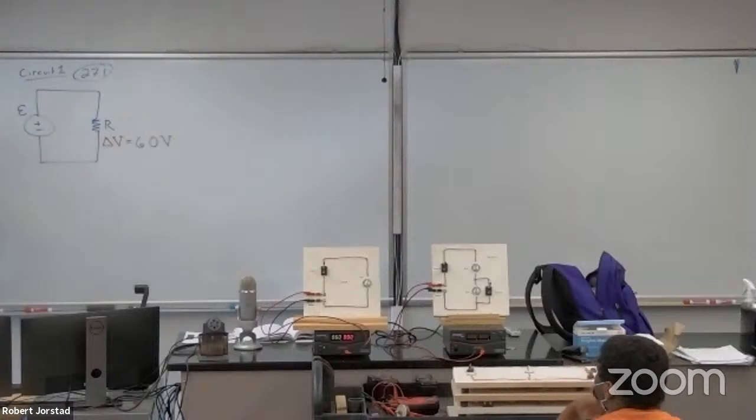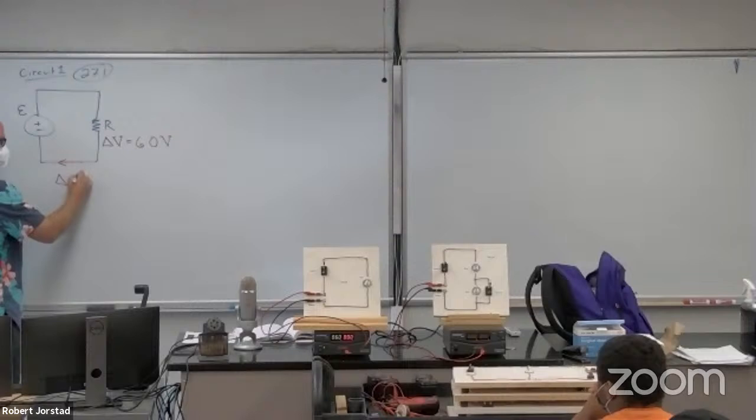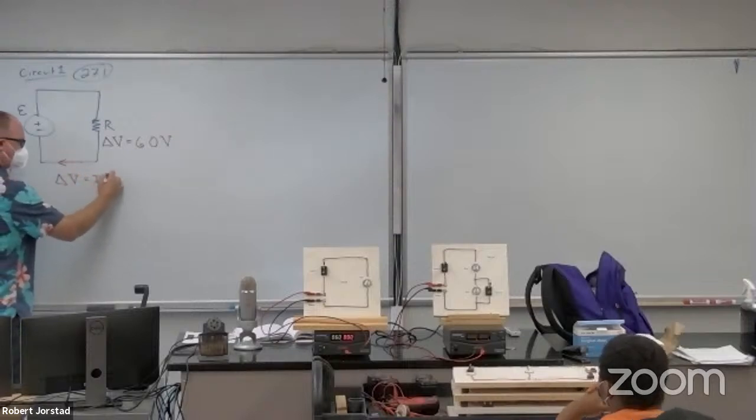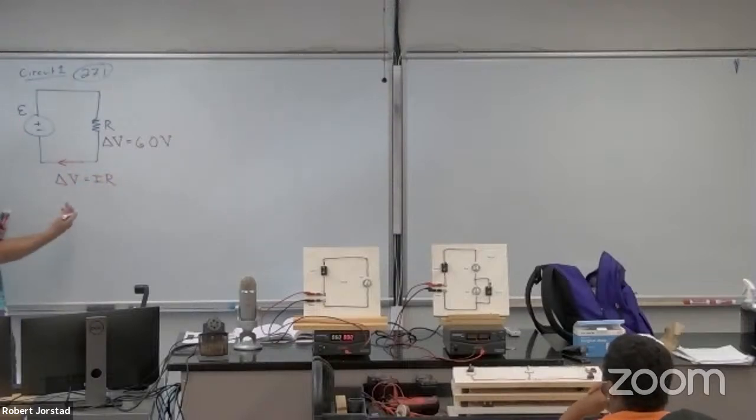Okay. Now, let's say I want to figure out the current. How much current is going to be flowing in this circuit? Does anybody remember an equation that might help us figure out current? I heard delta V equals IR. Sometimes I use uppercase, sometimes I use lowercase, so whatever. In this case, I is going to be,